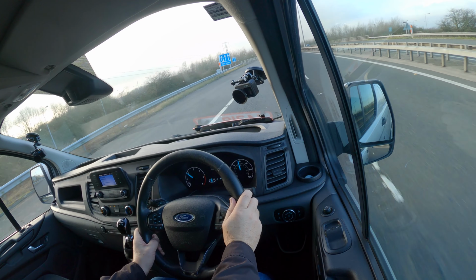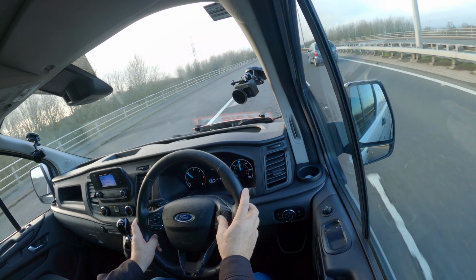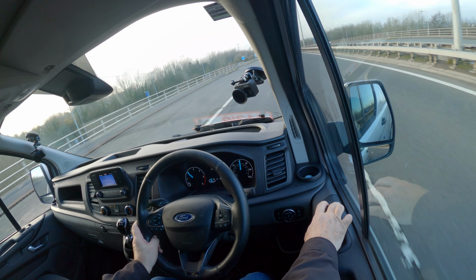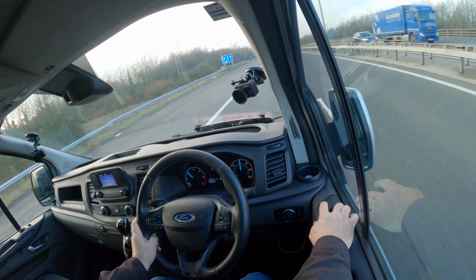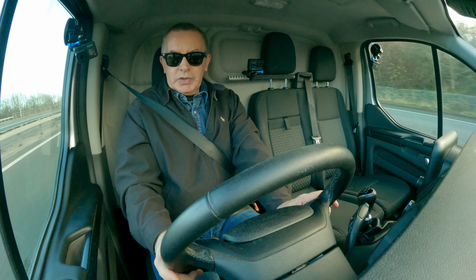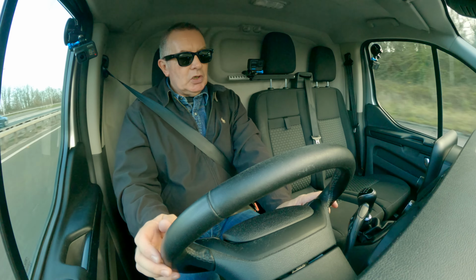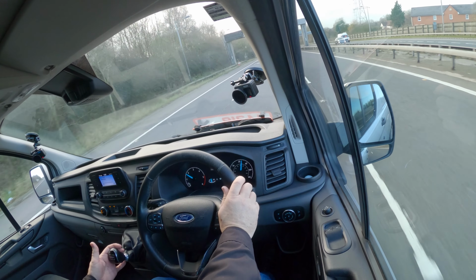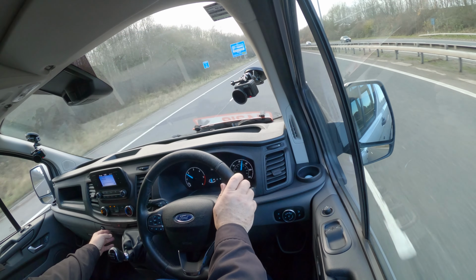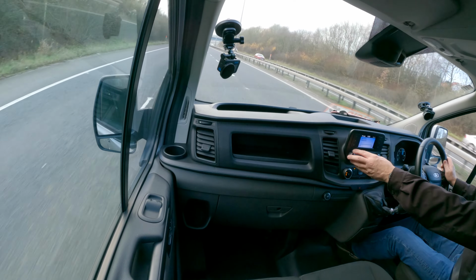So there's the controls. Cruise is there. Your information display there, look. As you can see, moving over here. That's your power folding door mirrors. Electric windows. Global locking and unlocking. 6-speed gearbox here. 12-volt power socket there, and that's your radio there. If I just turn this up,